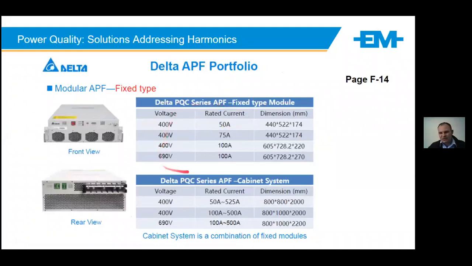Same with the fixed units. There is a range for 690 volts up to 100 amps. All right. The question might arise, is an active filter feasible to do power factor correction? Yes, it would be a very expensive power factor correction system. As an example, a 50 amp unit, as per page F14, would result in approximately 36 kVAR, which isn't much. So purpose-built, use active power filters for harmonic mitigation, okay, 4-wire type systems.